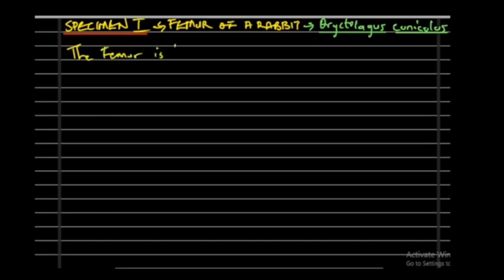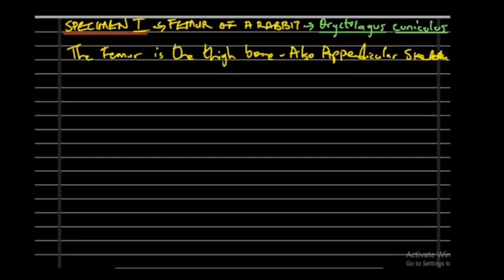The femur is the thigh bone. Yes, it is the thigh bone, and it is also on the appendicular skeleton. Perhaps if you want to know more about the types of skeleton, you want to know more about skeleton in general,